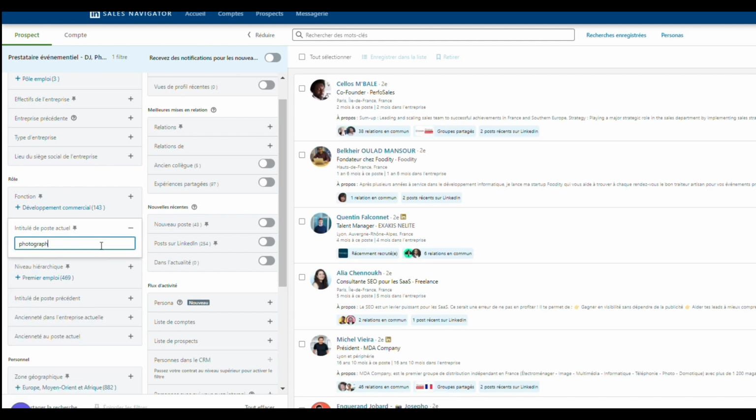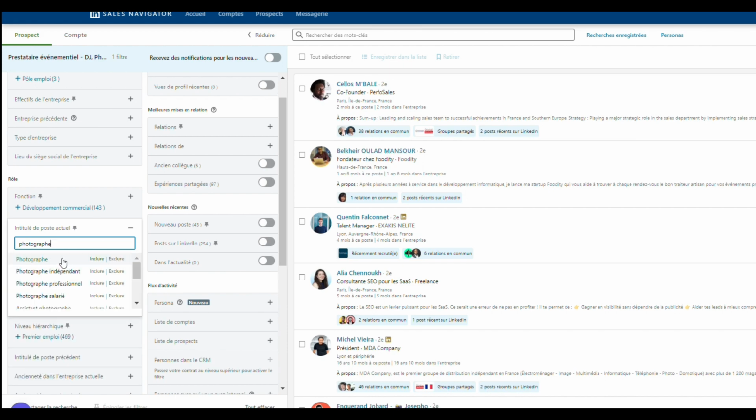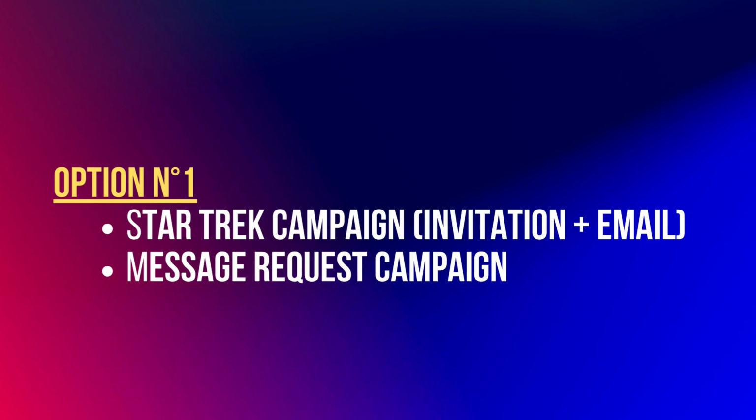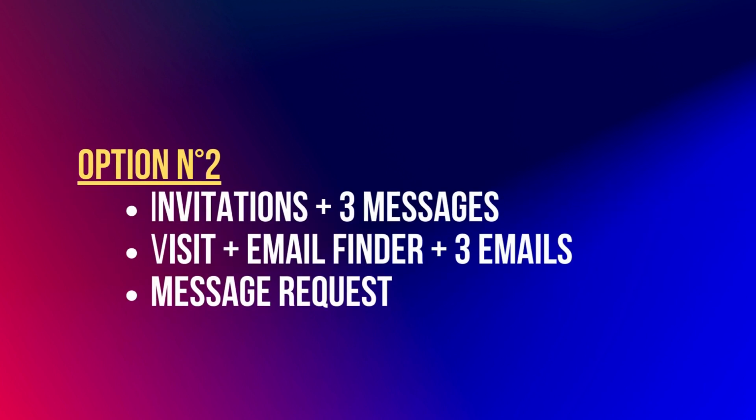So, if you want to use up your message request quota, don't worry, just opt for one of the 2 options to sort your list. The option via Sales Navigator is obviously much more relevant. With these 2 campaigns, you'll be able to optimize your prospecting and use all the quotas available to you for prospecting. Alternatively, instead of opting for the Star Trek campaign, you can instead use 2 campaigns to replace it, namely